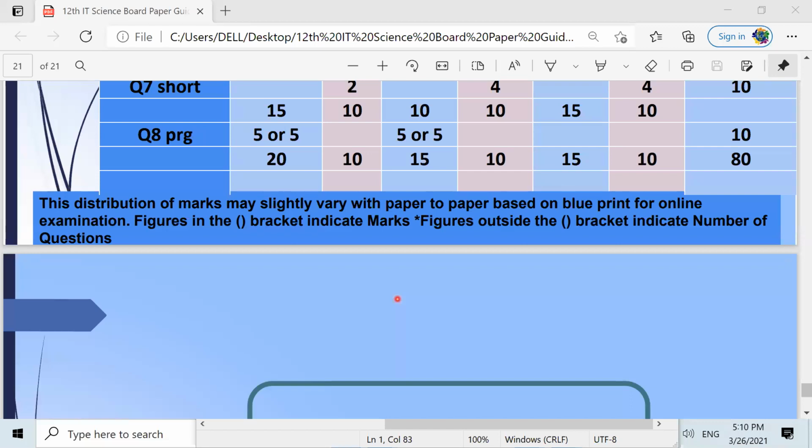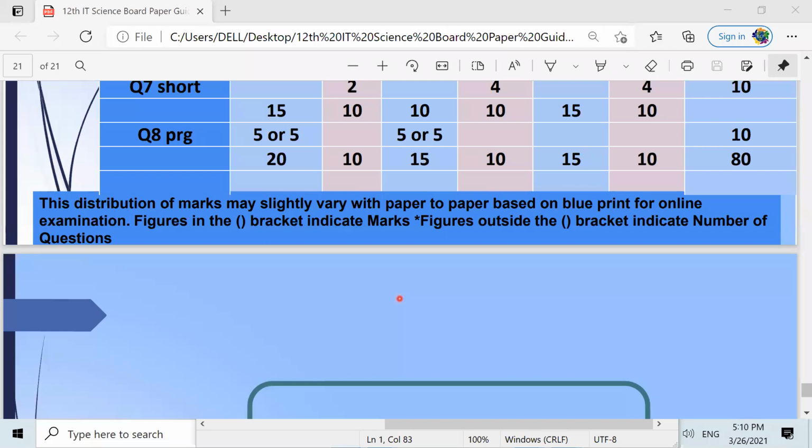Sir, for filling the blanks, do we have to type the whole question? You do not have to type any question. You just have to type the answer. You'll be given a text box. You type your answer in that text box. Okay, sir, thank you. You do not have to worry about anything else. We will be there to assist you. Don't worry.